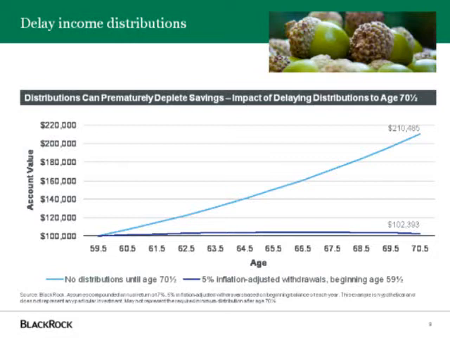Look at the difference it can make to your total wealth accumulation as shown on this chart. The bottom line shows the impact of 5% annual distributions beginning at age 59 and a half. The starting value of the IRA was $100,000. After 11 years of withdrawals and an average annual compound return of 7%, the ending value is $102,393. The top line shows the impact of delaying distributions to age 70 and a half. After 11 years and a 7% average annual return, this $100,000 account is worth more than double its starting value, or